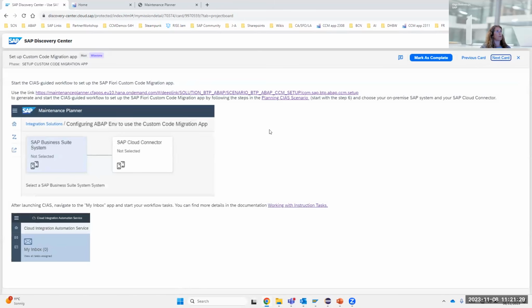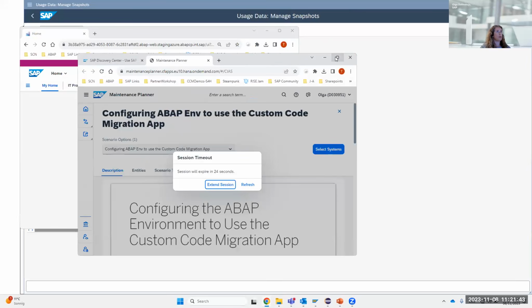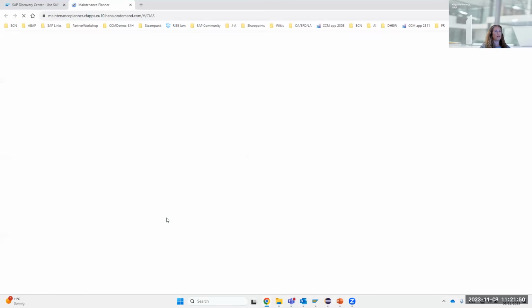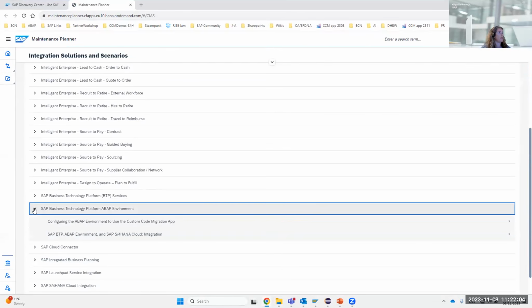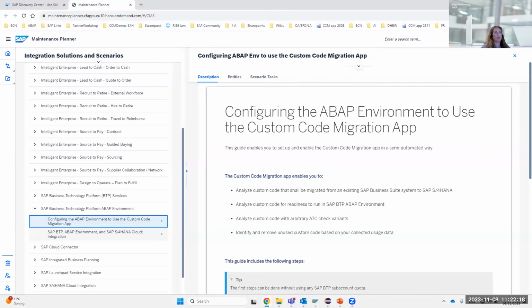you can start, for example, over the link to the maintenance planner. In the maintenance planner, you can navigate directly through the link from the mission, where the dedicated workflow for setting up the custom code migration app can be started. Also here under ABAP environment, you will be navigated to this part, configure the ABAP environment to use the custom code migration app, and you will directly deep dive into the creation of the workflow with the